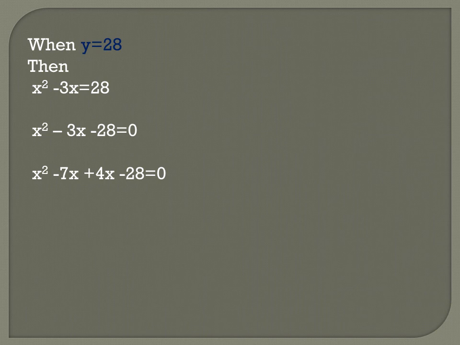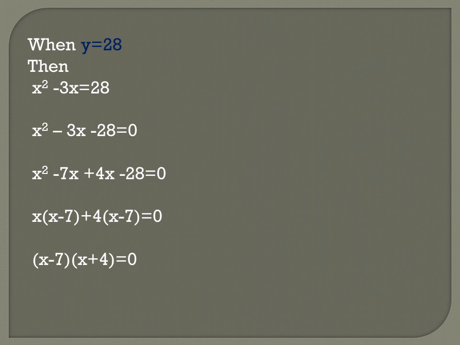Here we write minus 7x plus 4x in place of minus 3x because the sum of these two numbers is equal to minus 3x. Now we have to take x common from the first two terms and in the bracket we are left with the terms x minus 7. From the last two terms we will take 4 common and the remaining terms are x minus 7 is equal to 0. From this whole equation you can see that x minus 7 is common and the remaining terms are x plus 4 is equal to 0.